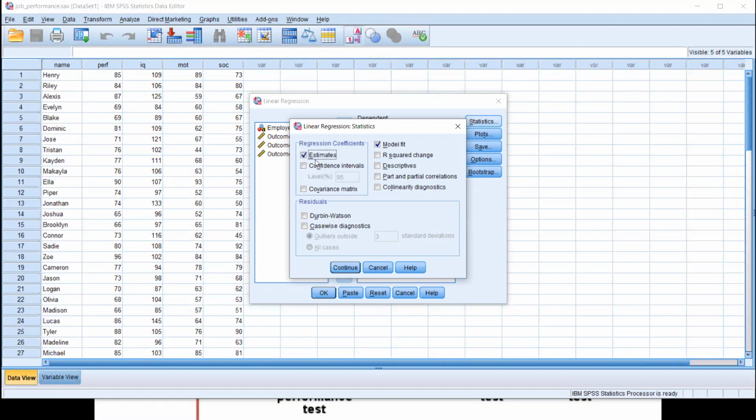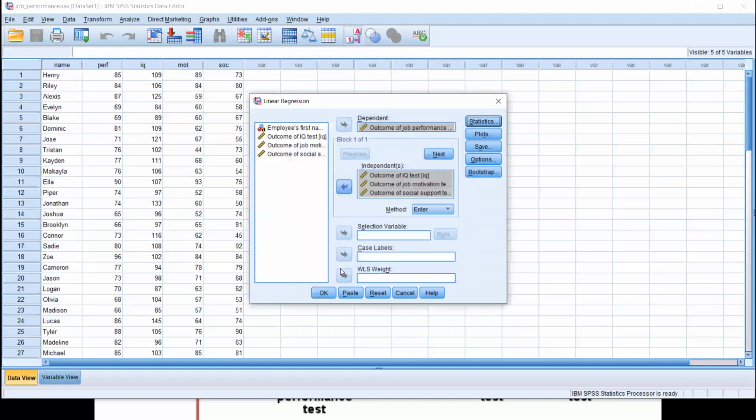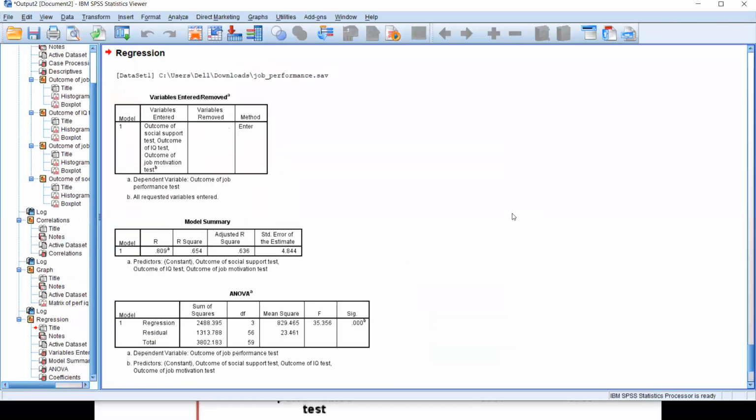As I told you, our objective is to estimate the parameter beta. So this is actually the procedure of estimation. SPSS will directly implement in the background the method of least squares for estimating the betas. And then I will click on OK.